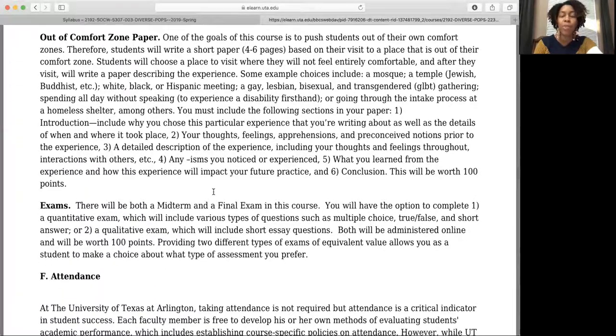So the big paper for the course is called the Out of Comfort Zone paper. This is to try to push you out of your comfort zone. You're going to be learning about concepts, and you as master's students have probably heard a lot about cultural differences in how people view the world.